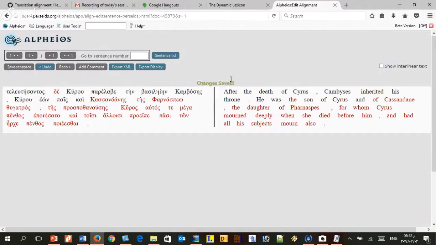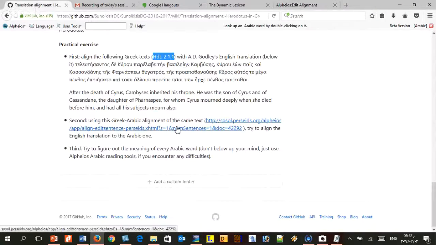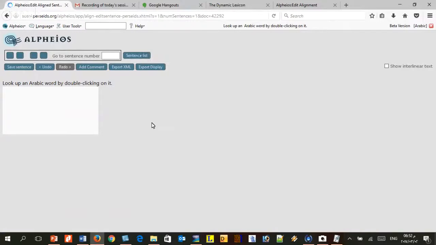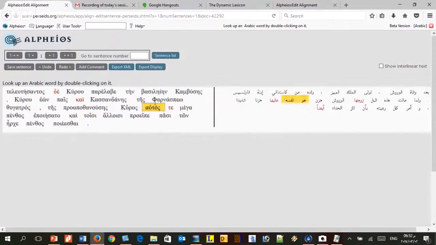So I think this is very straightforward, and I don't think it is very complicated, but the thing is to figure out what is the meaning of what. I hope you will be able to do this, because as you can see, this is the Greek and this is Arabic. Just click on that, and you will have the corresponding word.